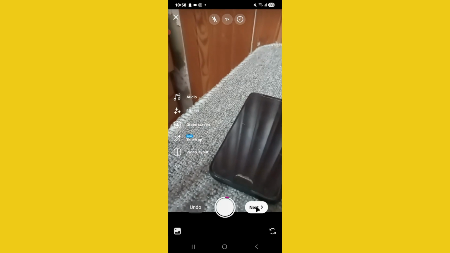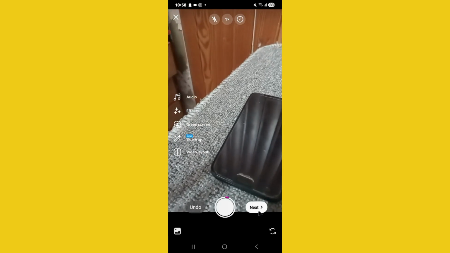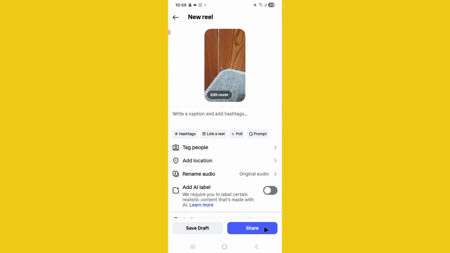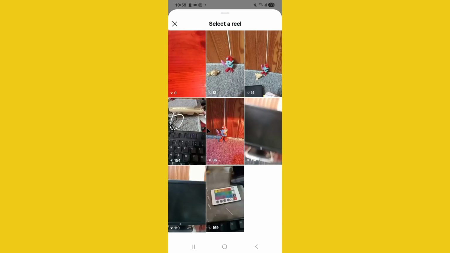After that, you need to tap on next once you record the Instagram reel, and now you need to tap on next again. Here you notice that there is a new option, link a reel. This is the option which allows you to link reels on Instagram. So I want to tap on link a reel, and here you notice it displays all my previous